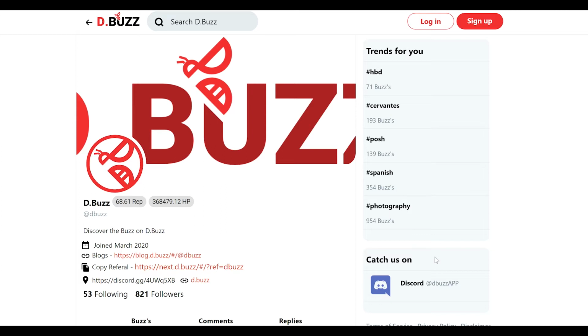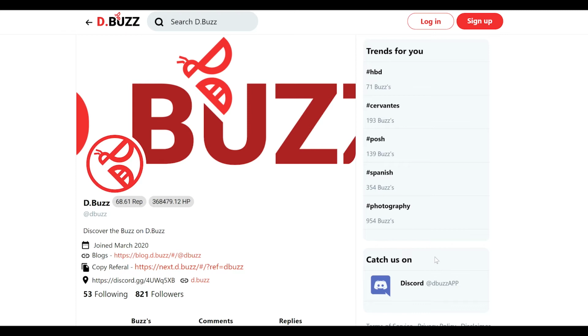Today we're going to be talking about logging in using your posting key. When you've signed up for Hive or for D.Buzz, you are presented with a bunch of different keys. You of course have your active key, your posting key, your memo key, also your master password and master backup key. You should have all these, but to make use of D.Buzz, you only need to log in with your